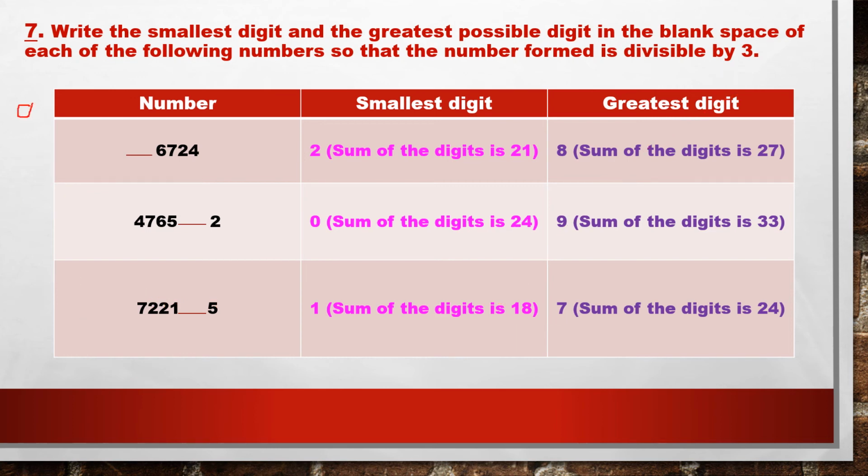Check with 9. When you added this, you got 17, right? 17 plus 9 is 26, but it is not divisible. It means we should subtract one. If you take 8, that means 25, but 25 is not divisible. If you take 7, 24. 24 is divisible, so I should place 7 in this digit. If I place 7, the greatest possible digit, then it will be divisible by 3 because 24 is divisible by 3. Okay, so let us go to the next question.